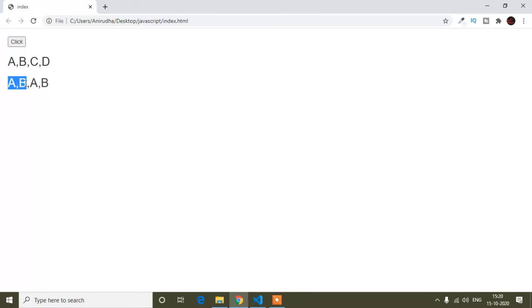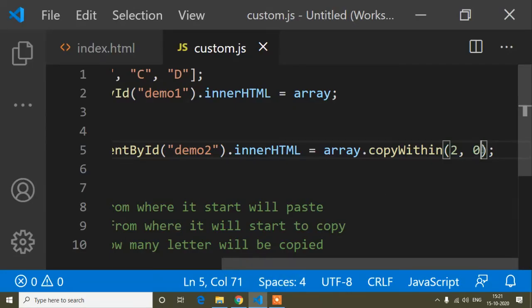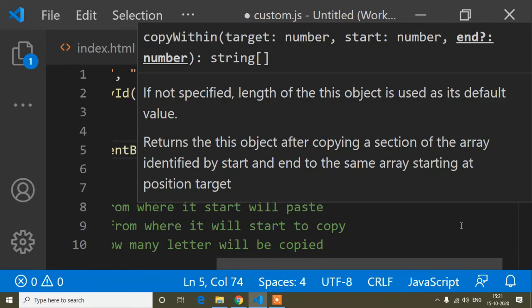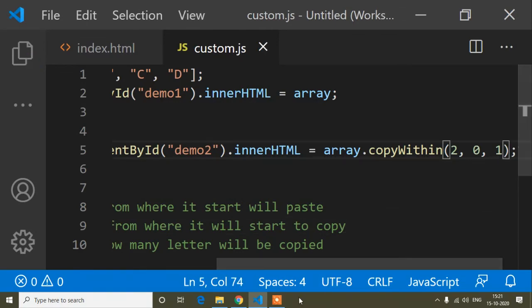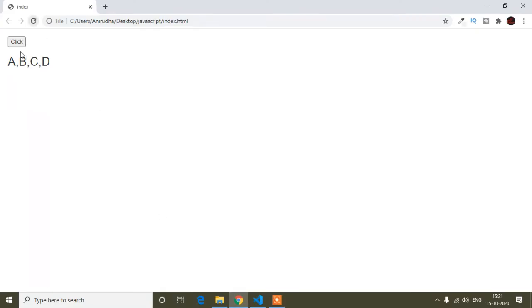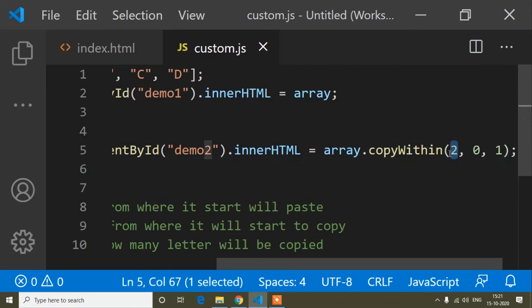Here you can see it starts copying from A and pasting at number 2 position, but it's copying up to B. But if I denote that only 1 letter will be copied, then there's a difference. Here you can see it's copying only A and pasting it only at the second position.